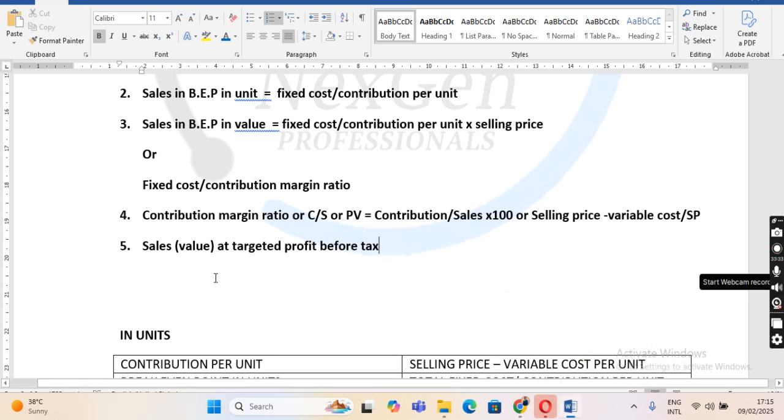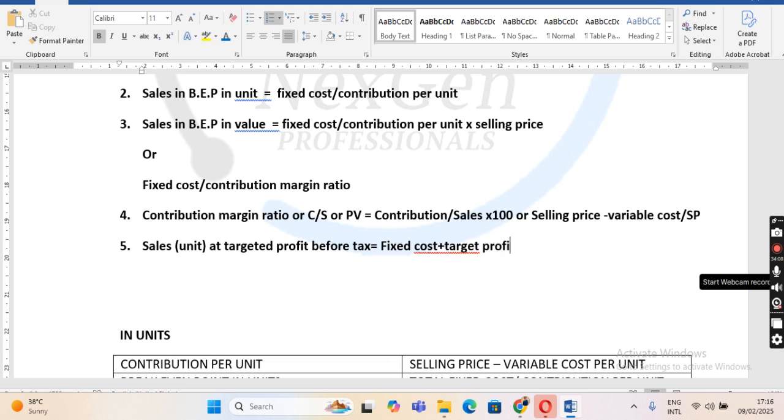Let me start with units, so once we do units, we will do value. What will be the sales in units at targeted profits? Don't forget we are in break-even analysis. The formula is fixed cost plus the targeted profit, that targeted profit that they want to make, divided by